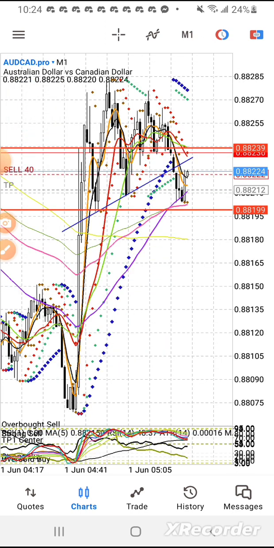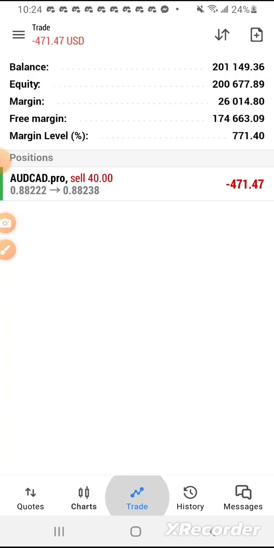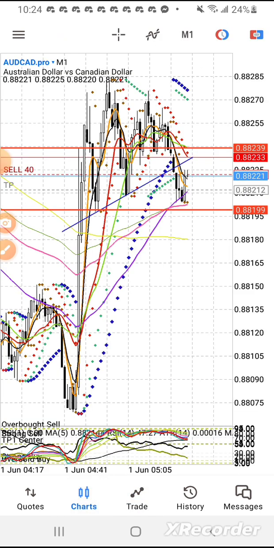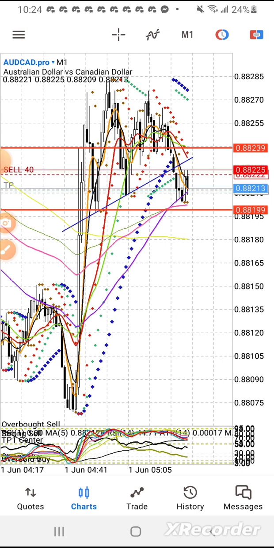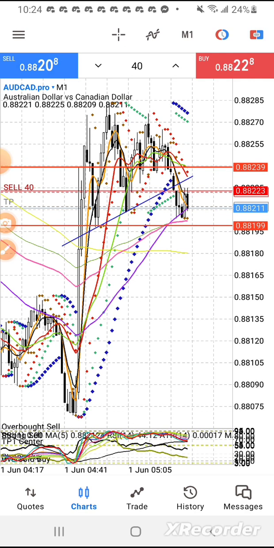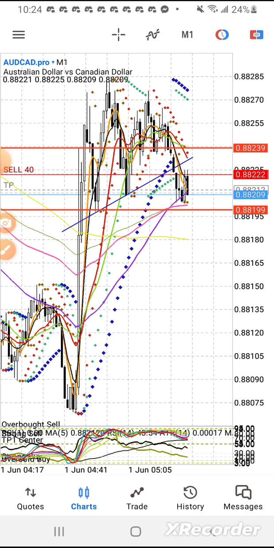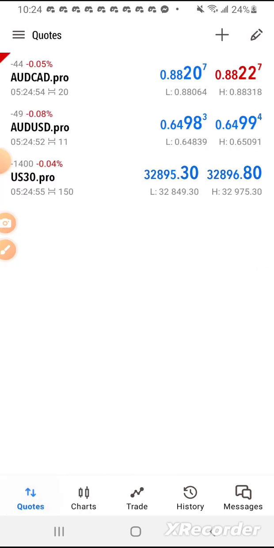I can go back to AUD CAD as well. Let me try to close this trade. This is just practice, guys, so don't worry about the lot size and all that. I was still doing US 30, to be honest with you, which has a different contract size. But anyway, what I'm talking about right now is the fact that I got a one click, guys. And I know that it always gave you the option for a one click, but